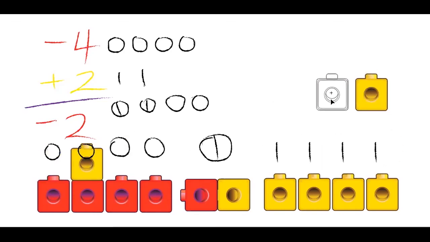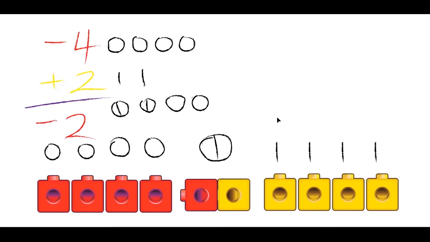Does it seem confusing at all? Is it? Because when I'm looking at the circles and the ones,